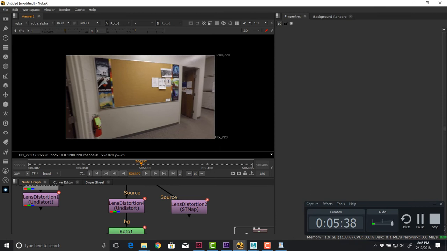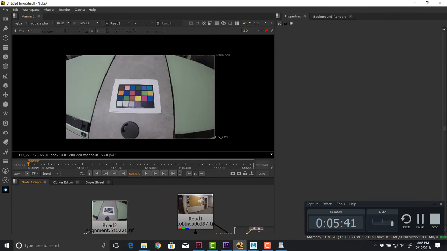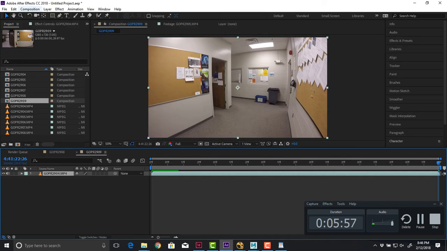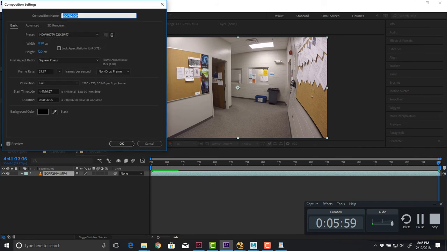So when I come into Nuke and I read my footage file, look at my numbers here, 515,250. So I'm fine working like that. I have no issue working like that. It's typically easier, especially if you have a huge sequence, to do that kind of stuff, but just be aware that it's there. If you don't want it there, then you can reset your After Effects comp settings so that